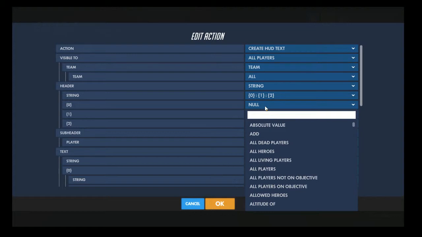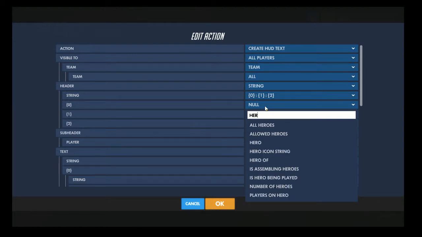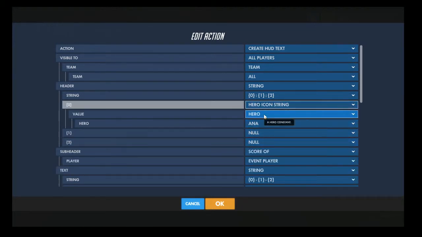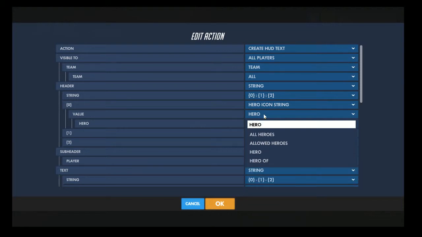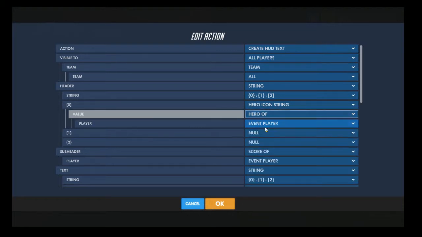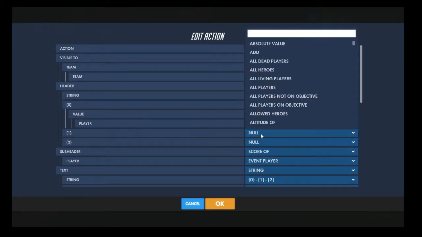And in 0, I'm going to do hero icon string. And I'm going to do the hero of my player. So I always get whoever you've chosen. And then in the 1 position, I'm actually going to do the